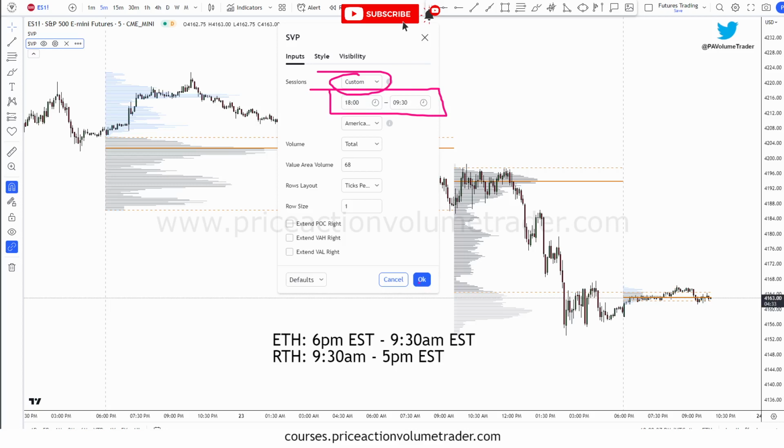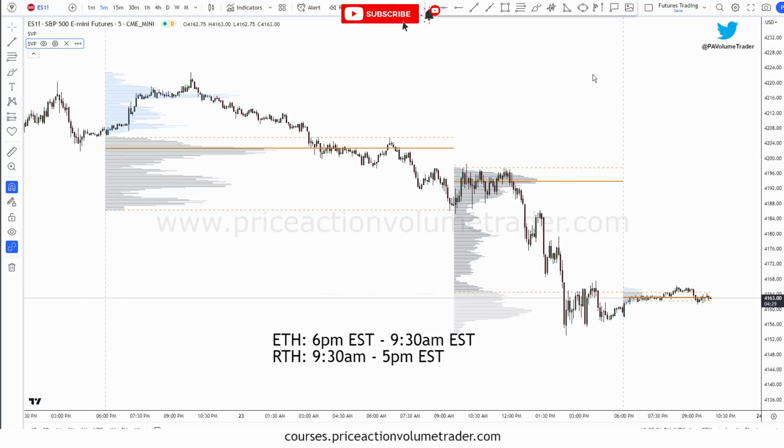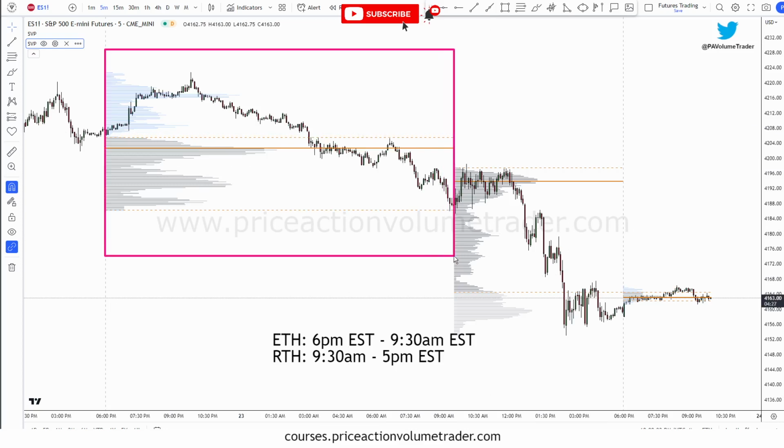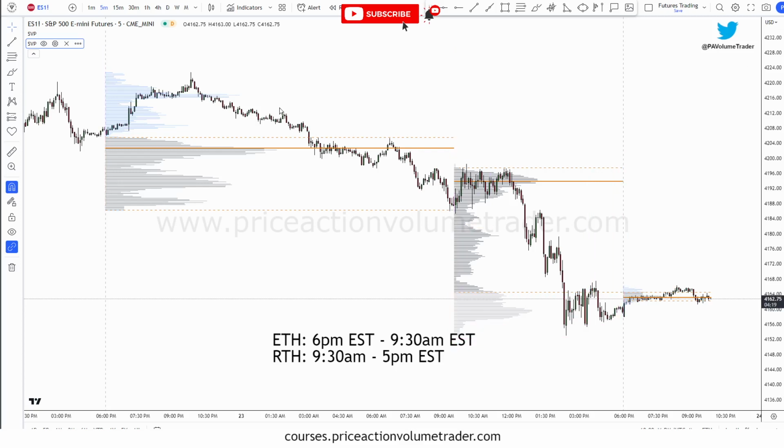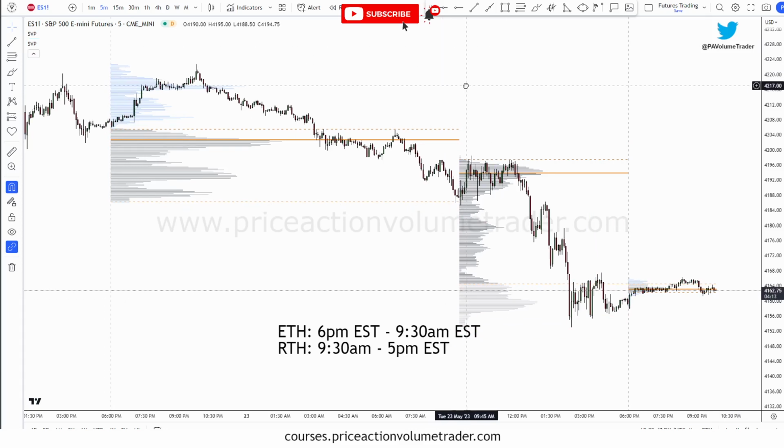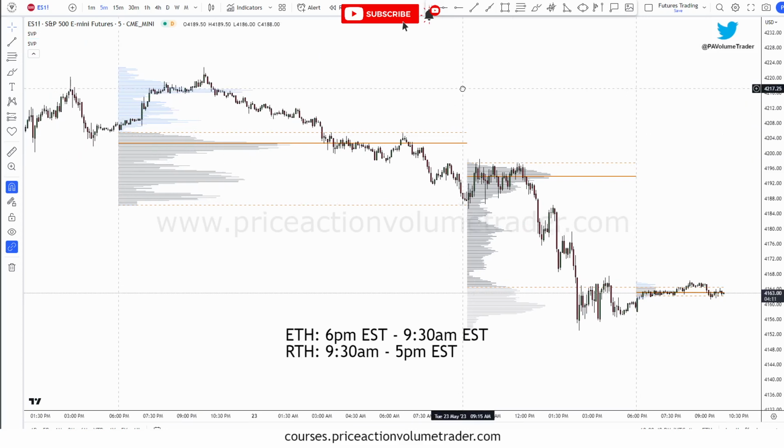And in this case, I get this profile right here, which is going to be my extended hours. And this one is going to be my regular trading hours. Okay? And that's basically how I do my settings for if I was going to be day trading on TradingView